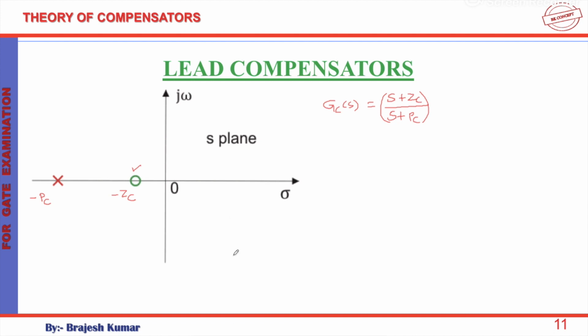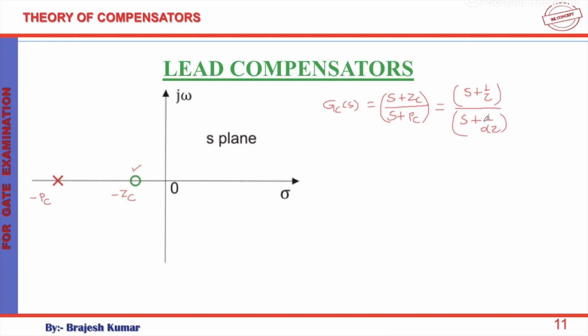So this seems to be a general form of transfer function for lead compensator, but it has one more suitable representation. We say that Gc is equal to this whole term, and that is equal to (s plus 1 upon tau) divided by (s plus 1 upon alpha tau),